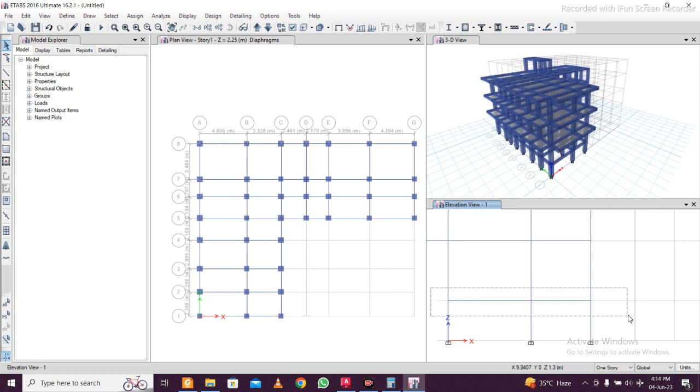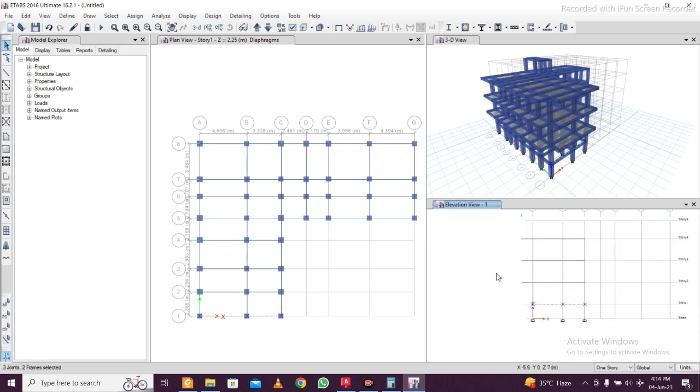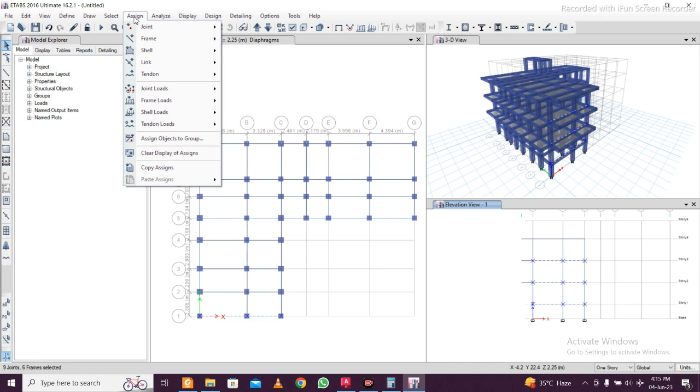So beams in the plinth level, except the parapet, this one I'll apply parapet wall load. So all these beams here, I'm going to assign the 10-inch wall loads. Some will be 10 inch, some will be 5 inch, but I'm going to assign the 10-inch wall load here,